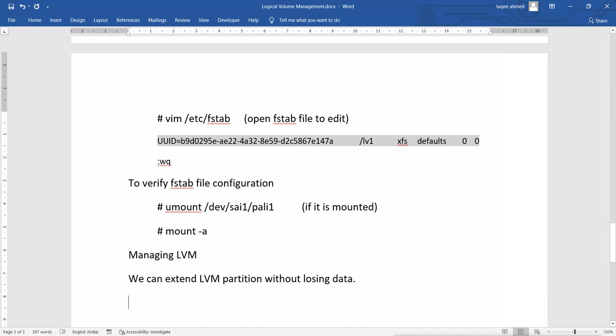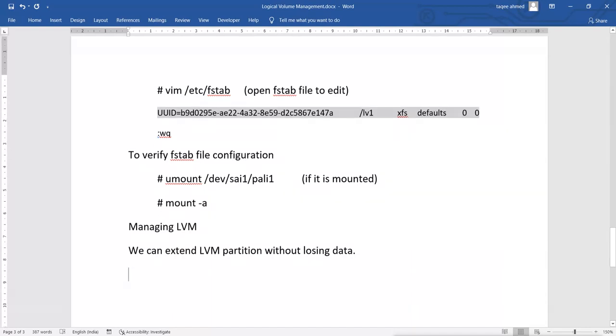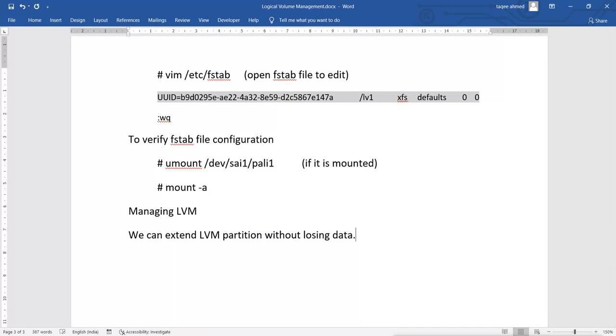And that we will do by using these commands. So suppose, for example, my LVM partition size is 800 MB, but now I require more than 800.